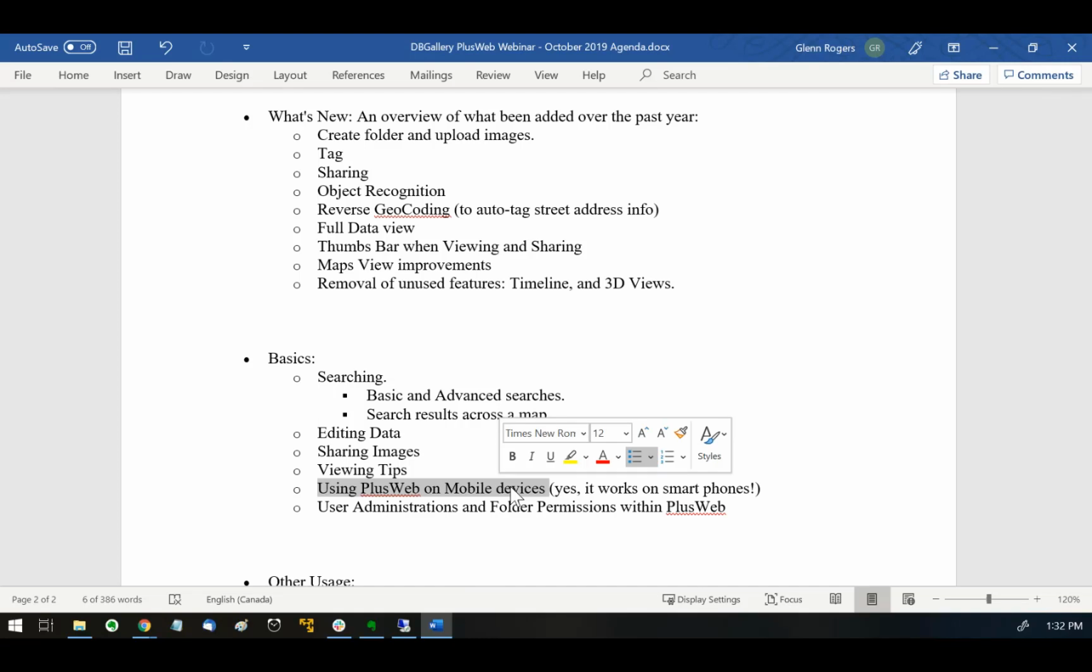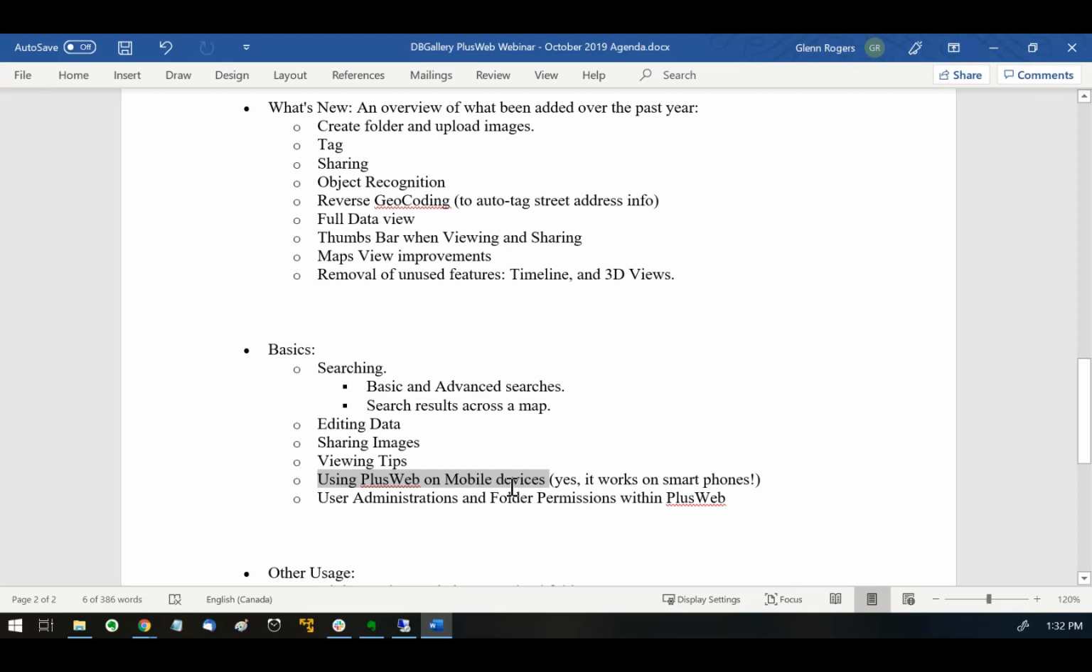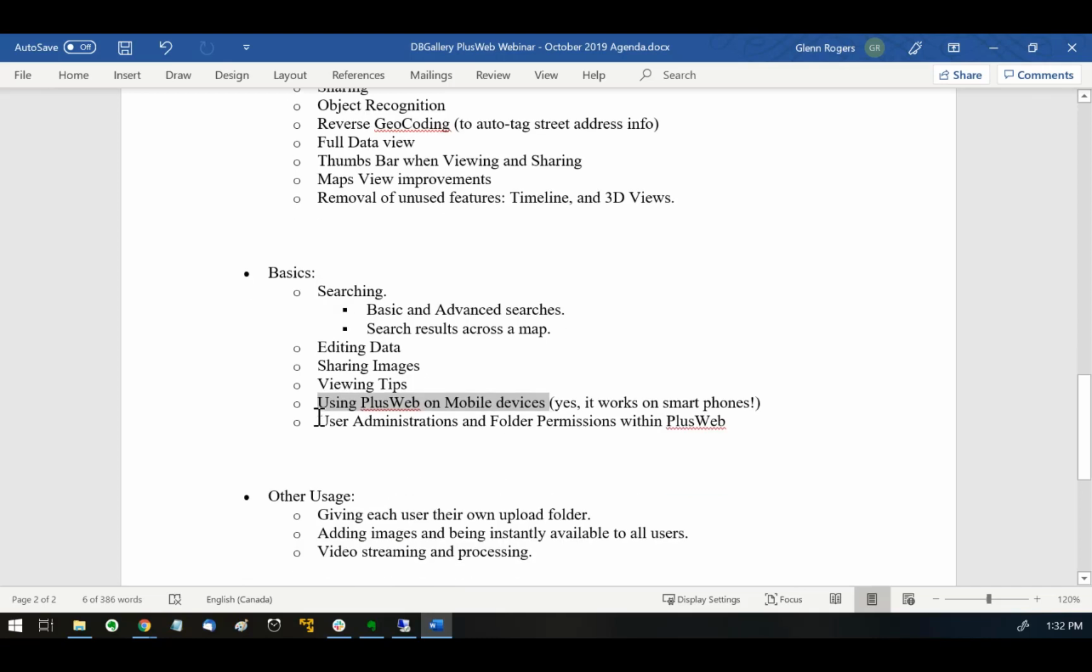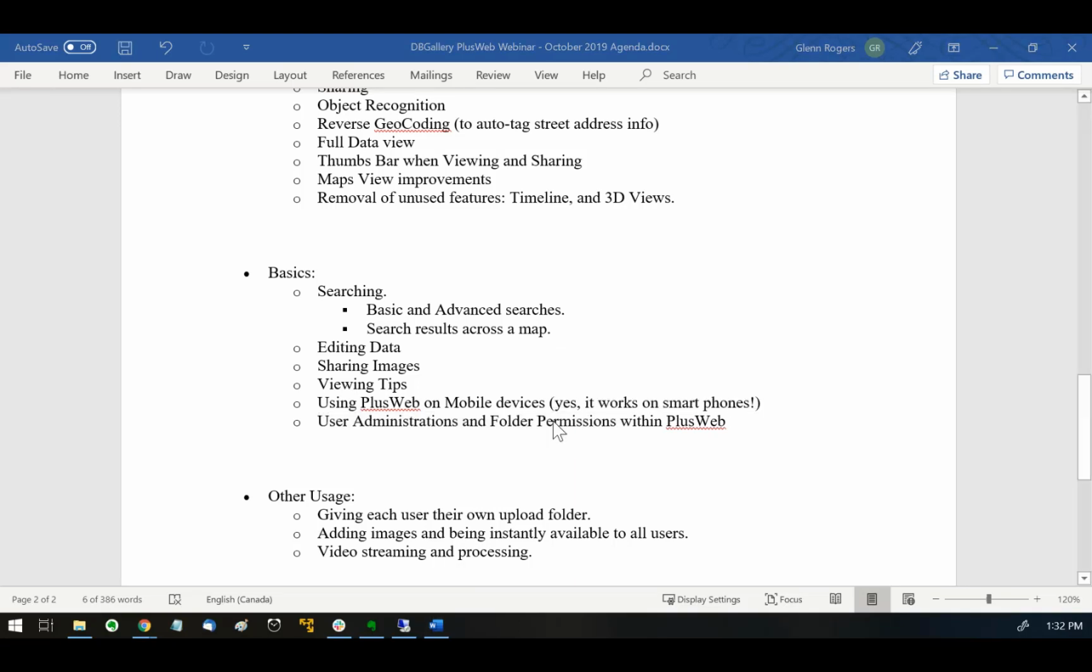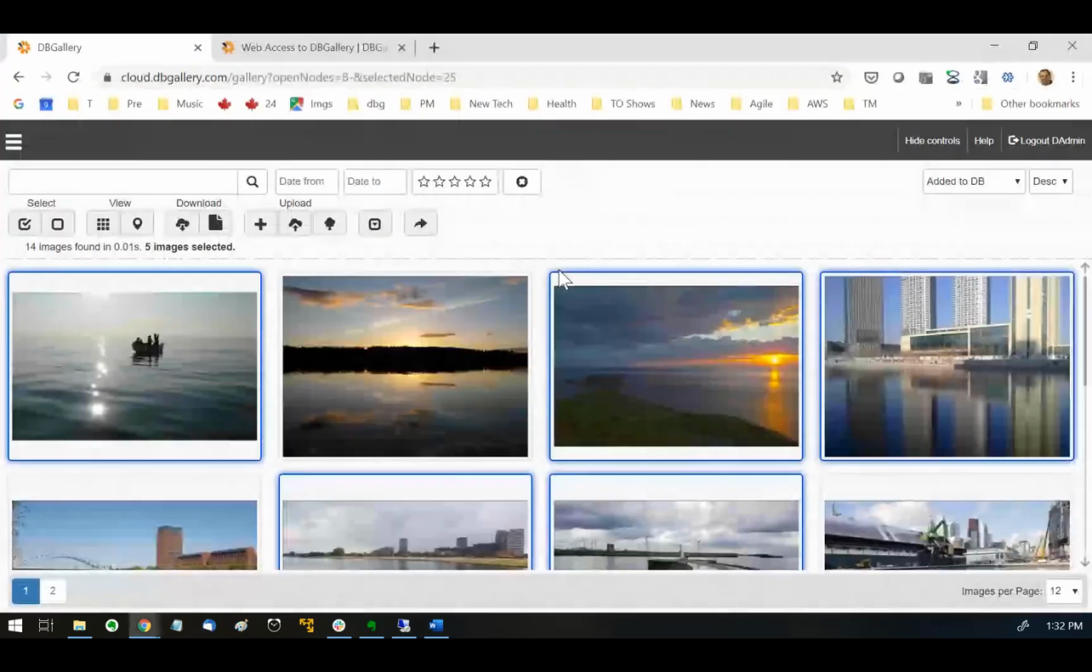Okay. Now, moving right along here, I want to do a quick run through of user management and folder permissions inside of DBGallery. I won't go through it all, but I will give a quick overview just to show how it works and the fact that you can do it. Okay. So going back to here,